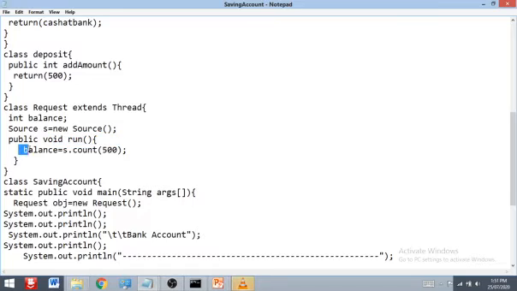Then balance equals S dot count. What is this? Here 500 means the withdrawal amount, and this withdrawal amount that we send whenever we call the thread, the thread automatically withdraws 500 rupees.